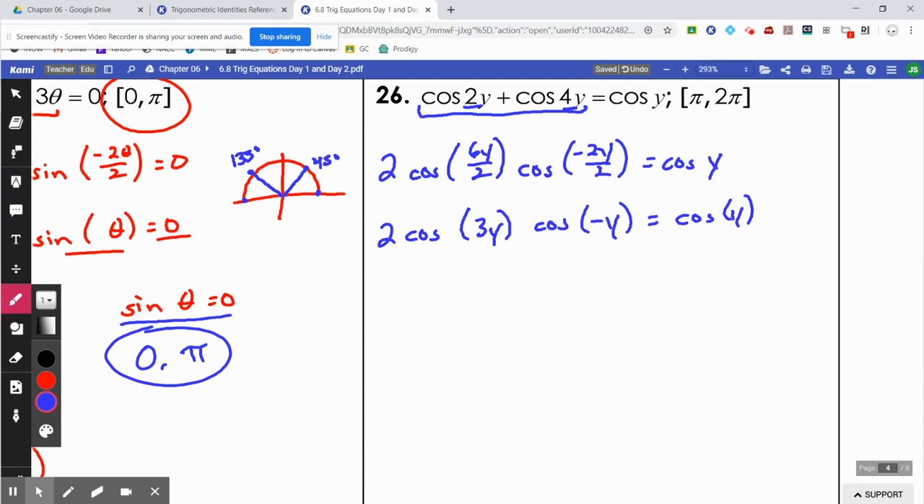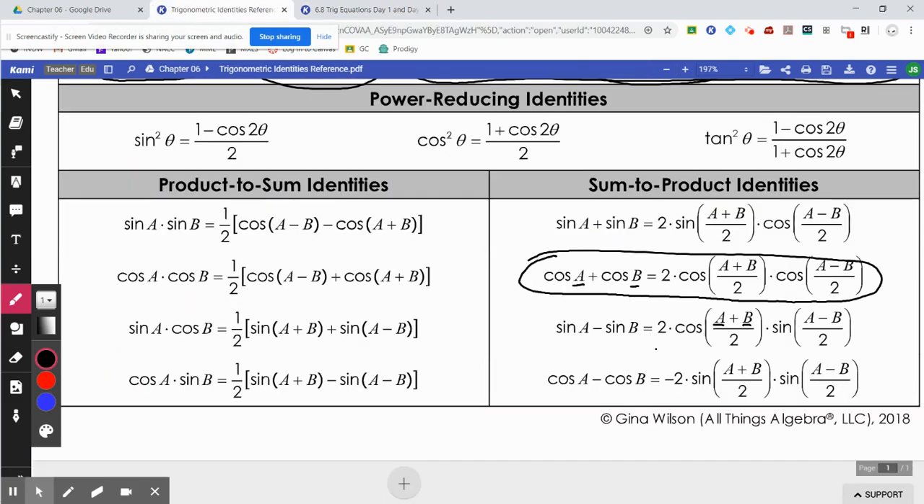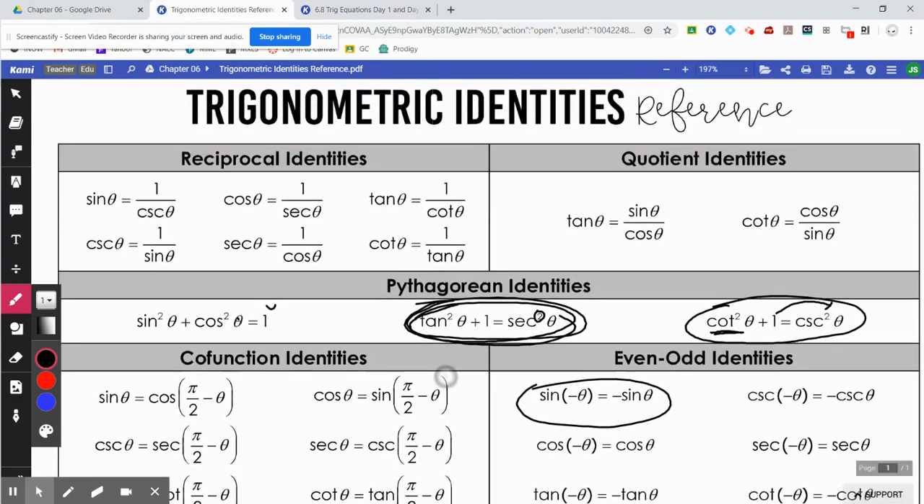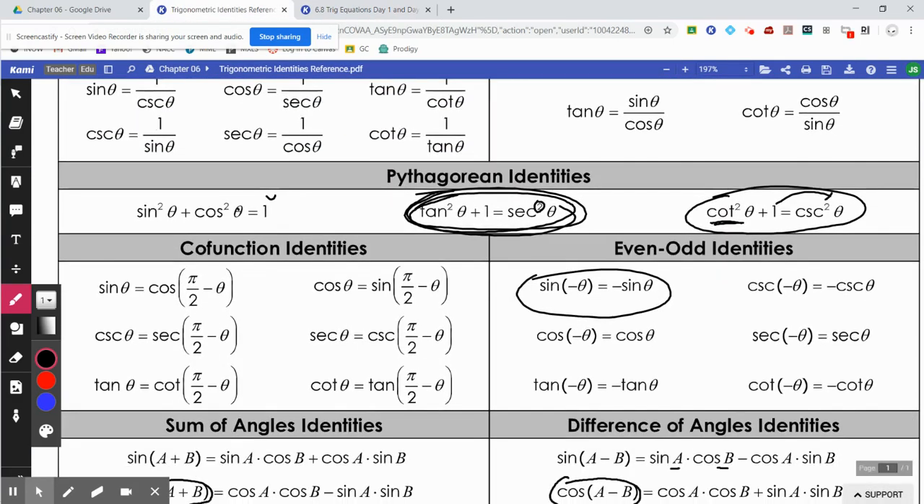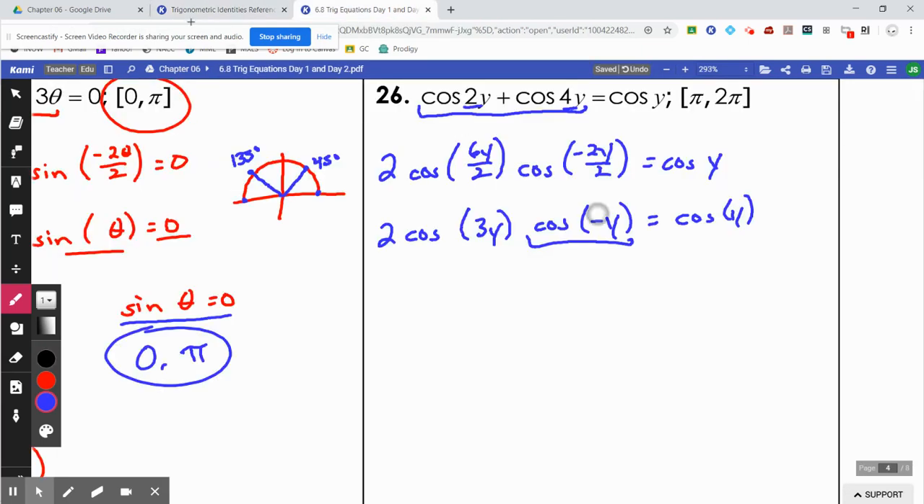Now, let's see. Cosine of negative y, we don't want to deal with any negative angles, so let's go back to our identity sheet and remind you that cosine is an even function. And what that means is you can actually just dump that negative. You don't have to worry about it, so you can just erase it right there. And I notice now I have 2 terms, one on the left side, one on the right side. However, when I move this term over,